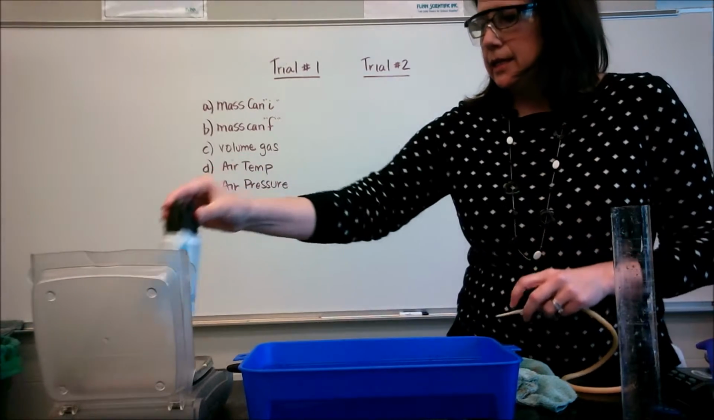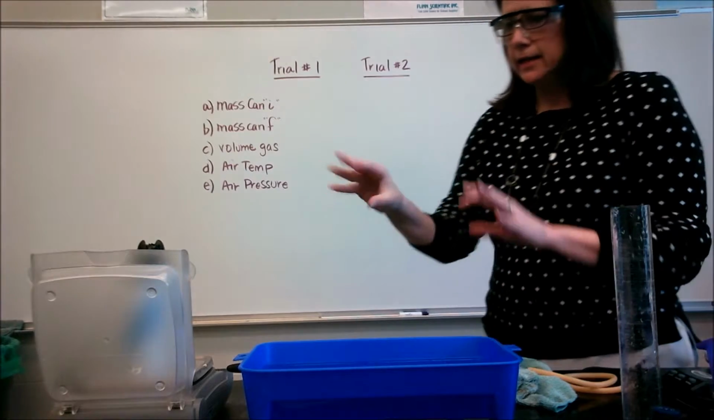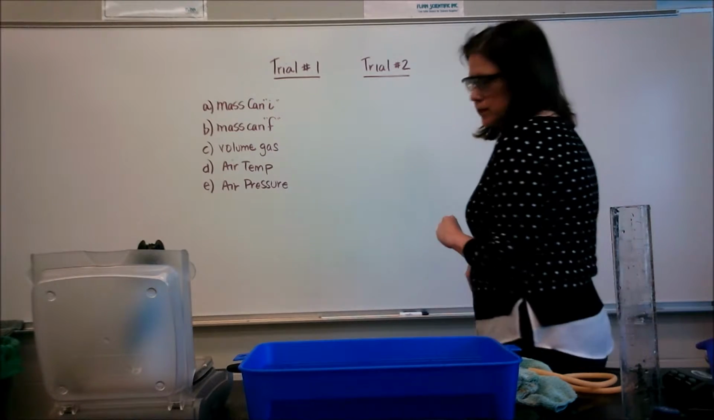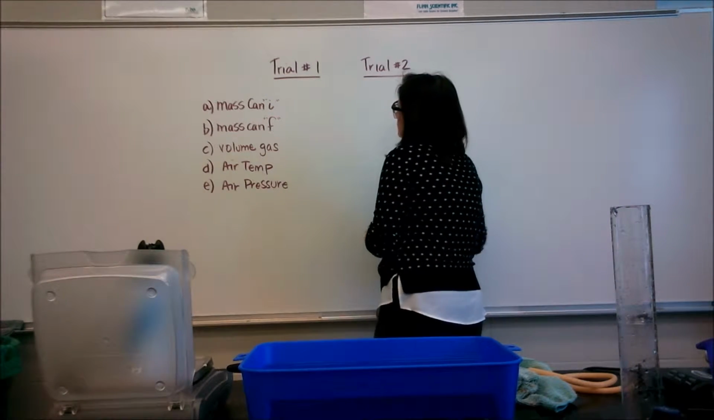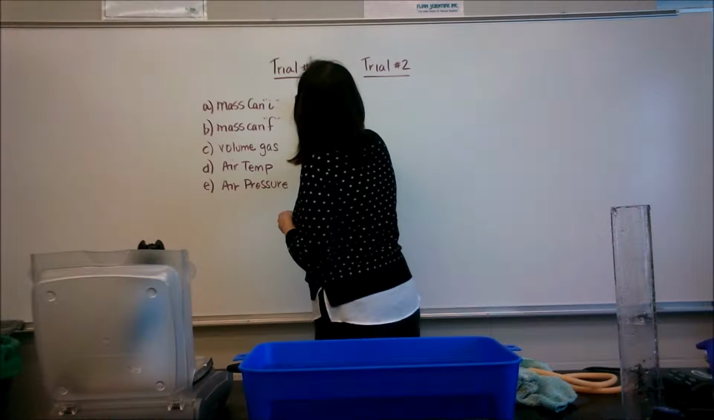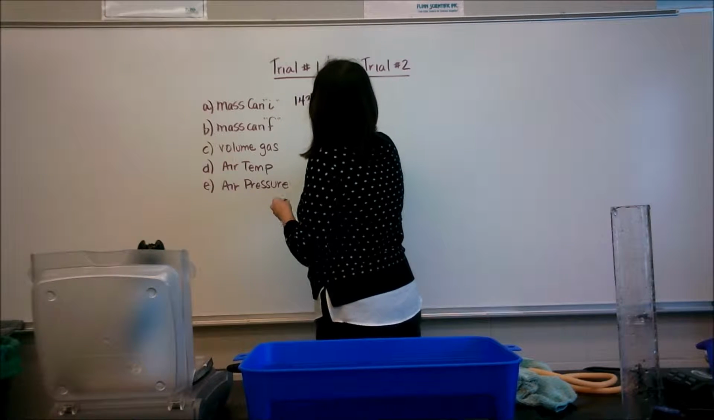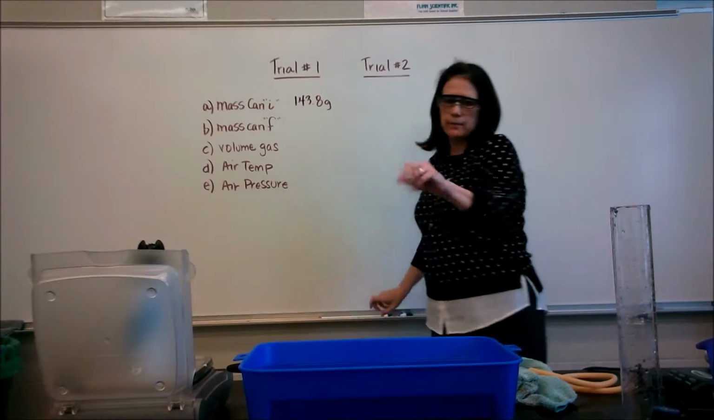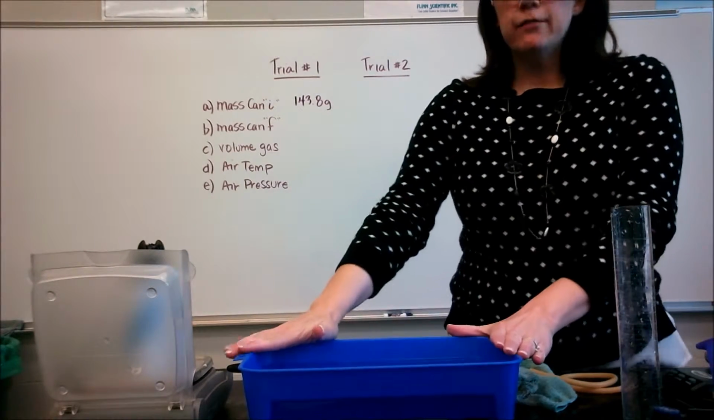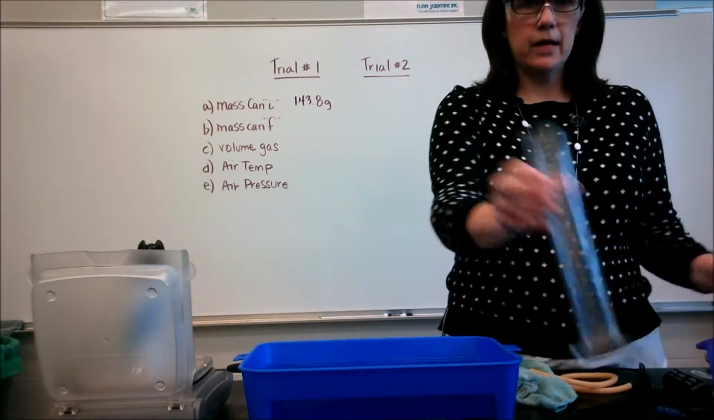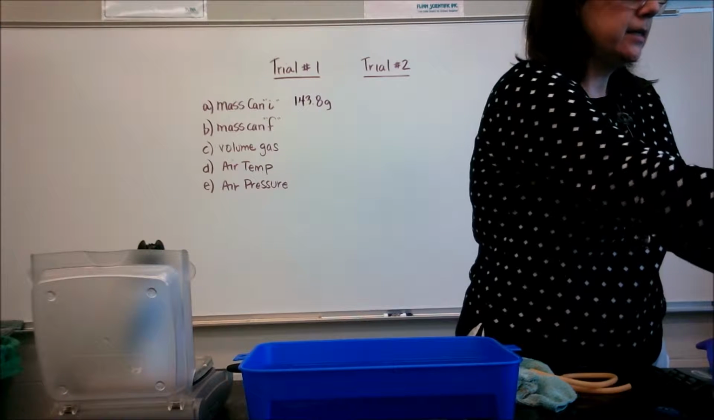So what we want to do is get the initial mass of that and not play with it anymore. So 143.8 grams is our starting mass for the can. I've got a trough sitting here, filled with water. I've got a graduated cylinder. So I'm just going to fill it,